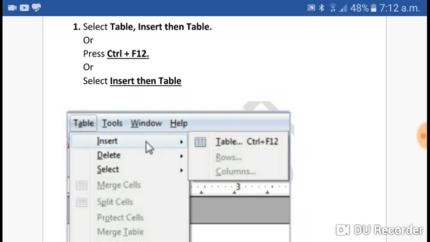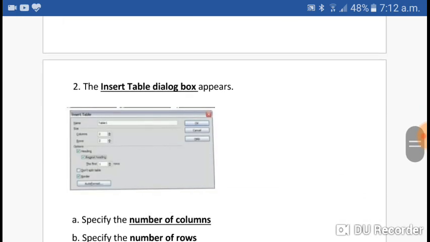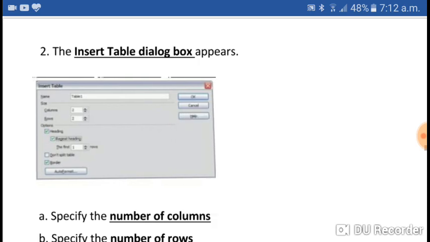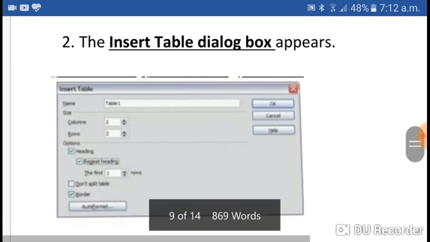Or press the shortcut key, that is Ctrl plus F12. And the third alternative is to click on the Insert menu and then select Table. If you select any of these ways, the Insert Table dialog box appears. You can see the Insert Table dialog box.